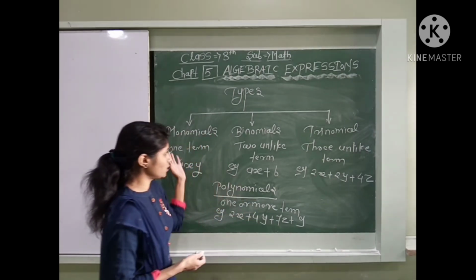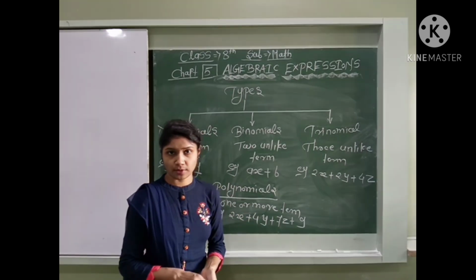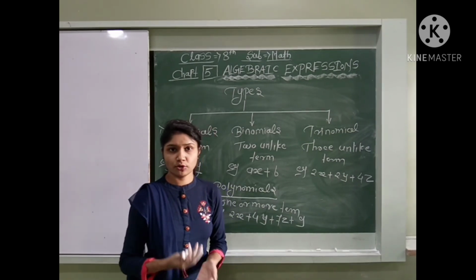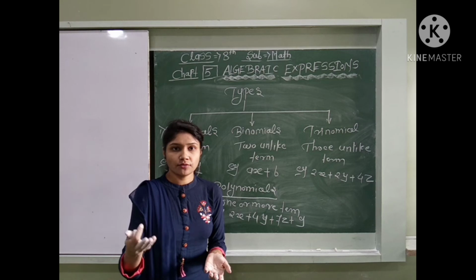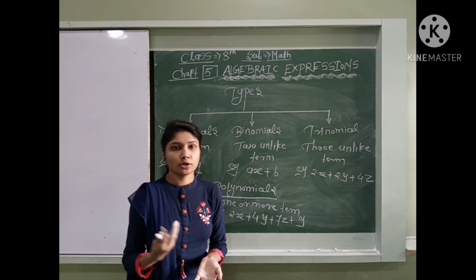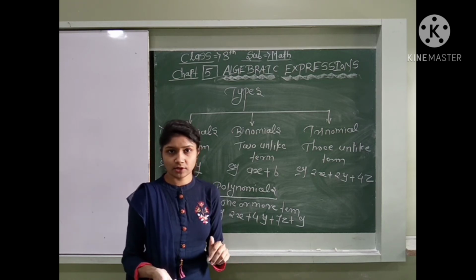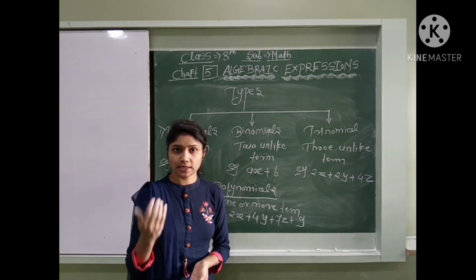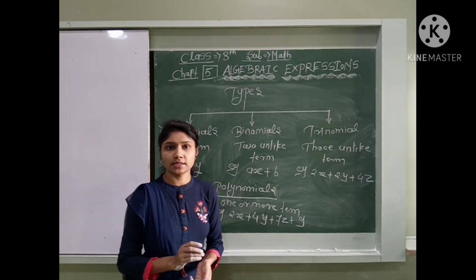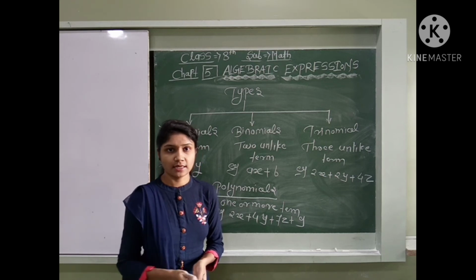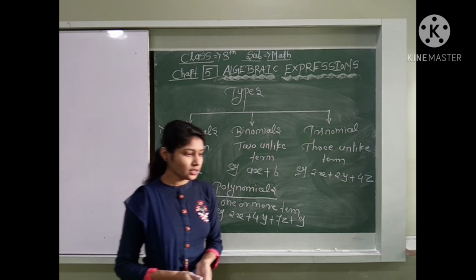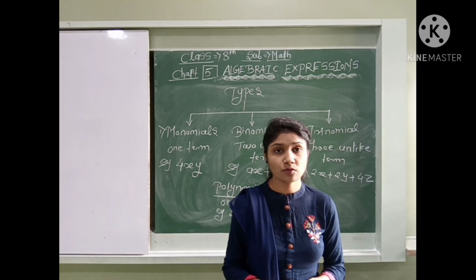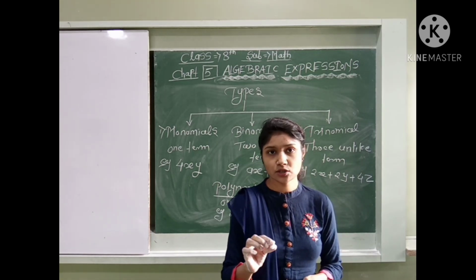These are the types of polynomial we have to learn. How many types of polynomial? Four: monomial, binomial, trinomial, polynomial. In short, monomial means it contains one term. Binomial means it contains two terms, trinomial means it contains three terms, and polynomial means it contains one or more terms. That's it. Understand, student?